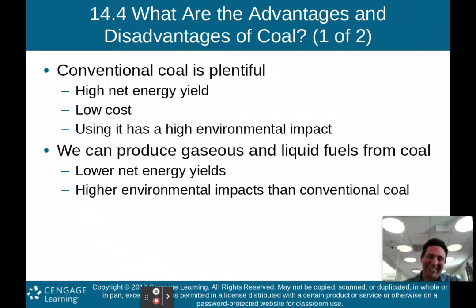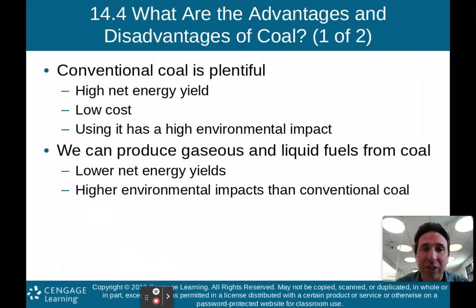And this is where we'll begin to discuss the morality around using coal. Again, how can you tell a country that's trying to industrialize that you can't use coal, because it's plentiful, has a high net energy yield, and has a very low cost? How can you tell them you can't use this because it is so dirty for the environment? Well, here in America, in the 1800s and early 1900s, that's what we used, right? Really, it's only been in the past 40 to 50 years that we've begun to phase out coal here in the United States. So conventional coal is plentiful.